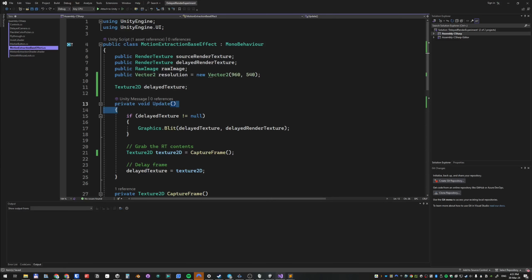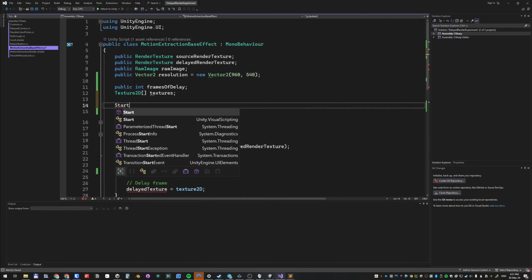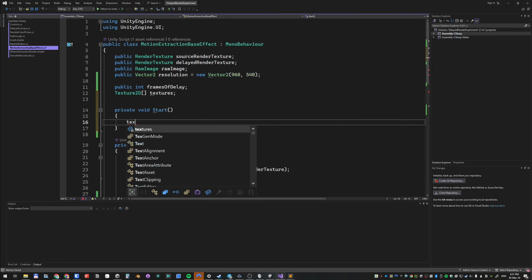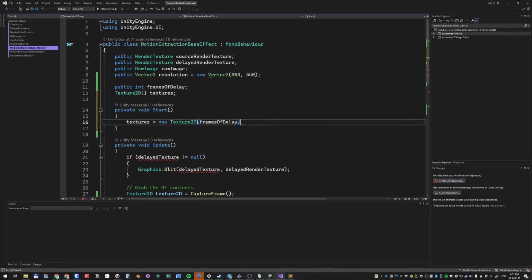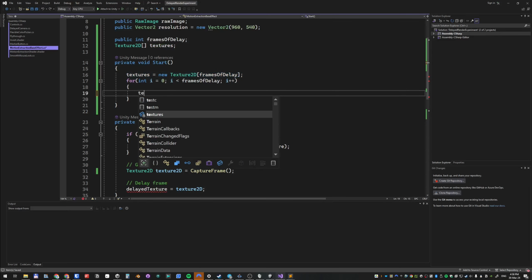So instead of having just a single delay texture, let's do public int frames of delay, and let's do an array of textures 2D. Let's call it textures. Now start, let's do textures frames of delay. And now in a for loop, let's just create all the textures